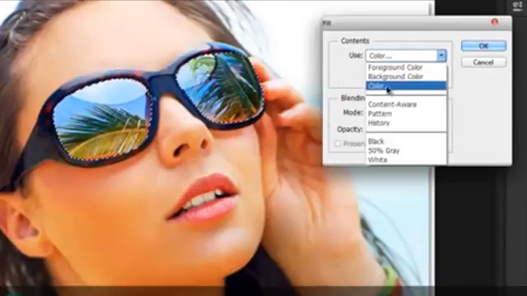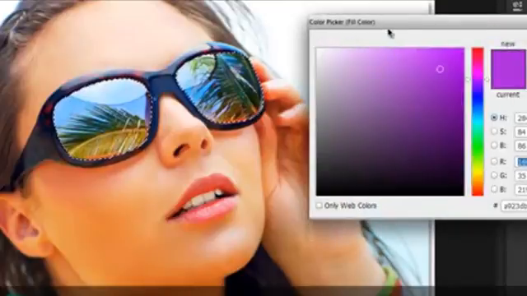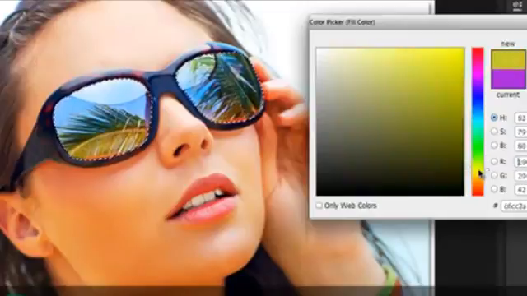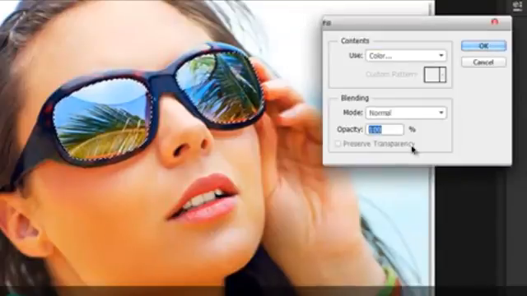And guys, there is one other option which says Color. If you click on it, a color picker dialog box will be given to you, and then you can just browse through different colors and select which one you want to use in your project. So say I go for something like a yellow for color, and I press OK. The best part about this Fill dialog box, people, is that it allows you to play with the